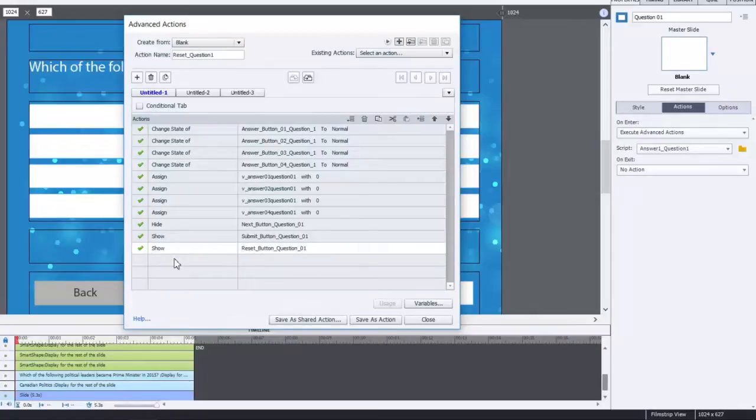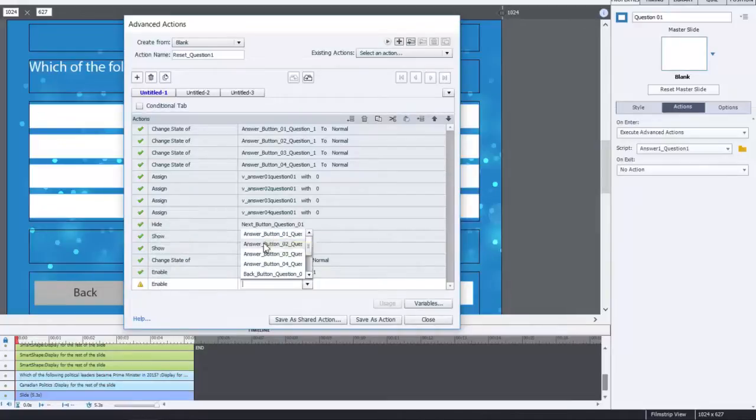We'll need to change our feedback back to normal. And because we've disabled the buttons, we're going to need to enable them as well. So I'm going to select Enable, button 1,